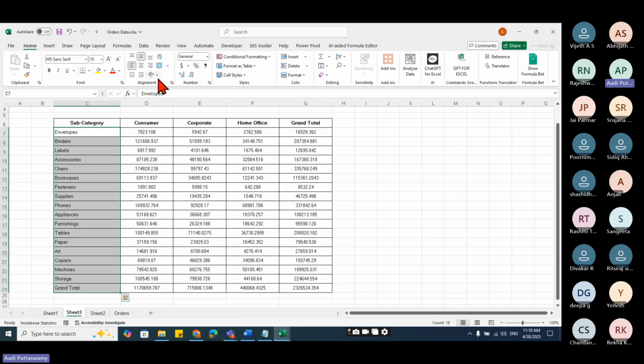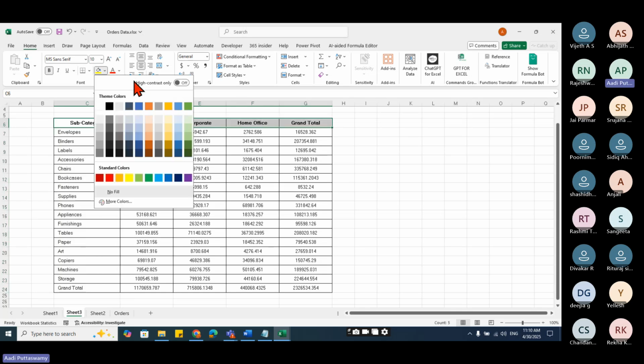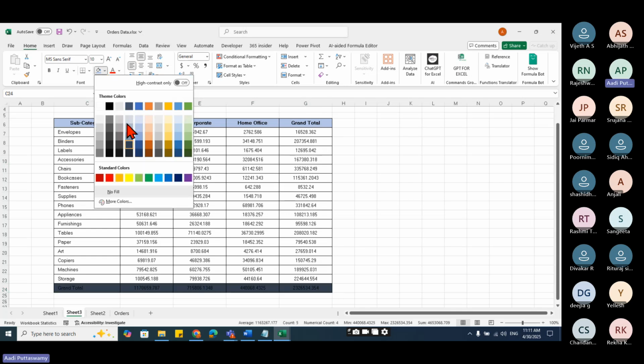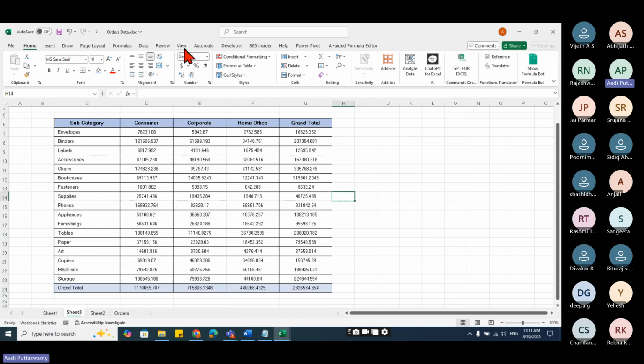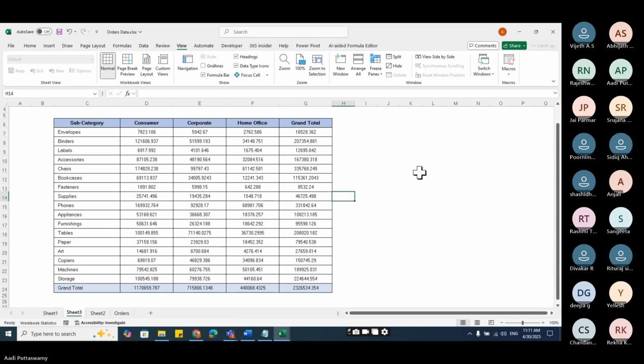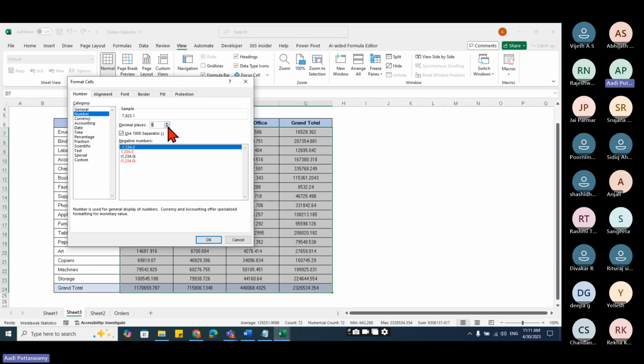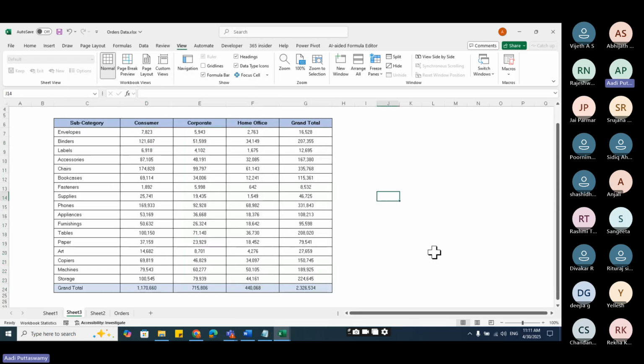I'm trying to format it in the proper manner so that it looks good. Okay. Now this one, if you think you want to change this to 1000 separator, let's do that. Remove the decimal numbers. See how quickly this will create one here.